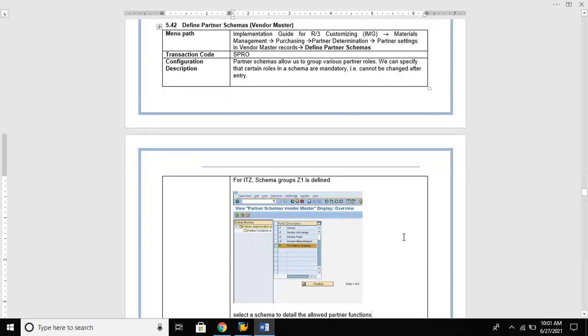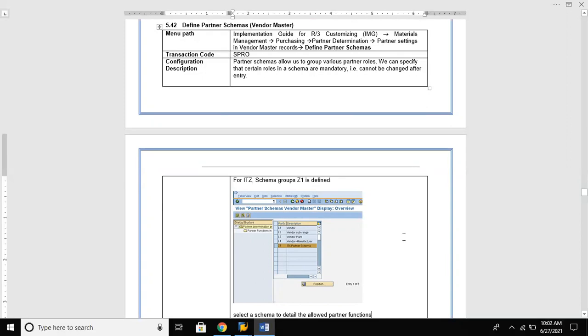It groups various partner roles, and we can specify that certain roles in a schema are mandatory, that is, they cannot be changed after entry.